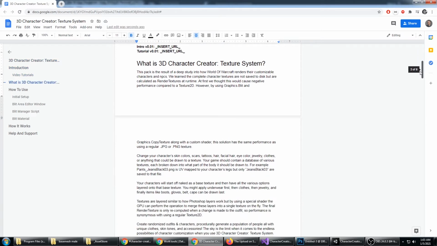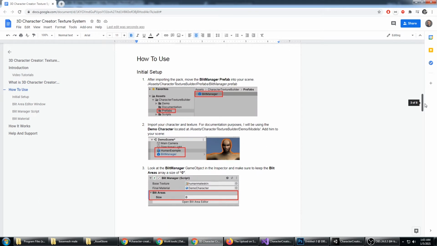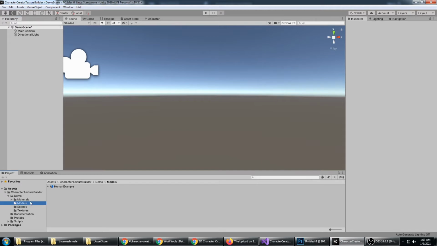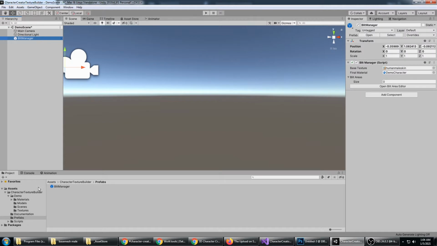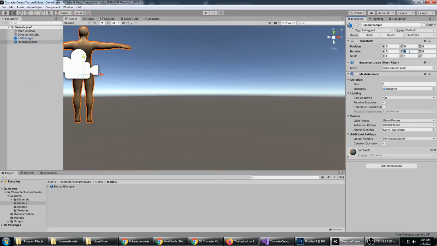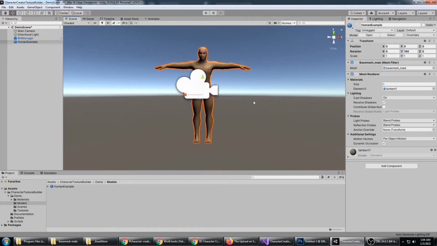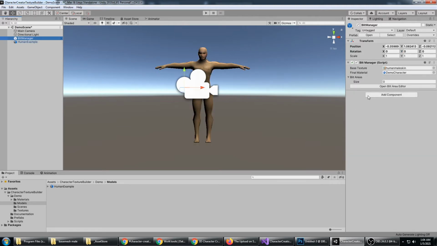I've got what it is and how to use it. So on the initial setup, the first thing you want to do is import the Blit Manager prefab and then bring your character in. So for the demo, we will use the demo character, but first I'm going to go to the prefab folder and bring in the Blit Manager, and then I'm going to go to the models folder and bring in the human example and make them turn over here towards the camera. Luckily we got the camera covering up the sensitive parts here,